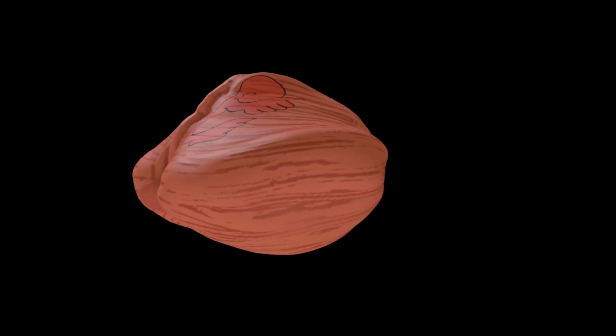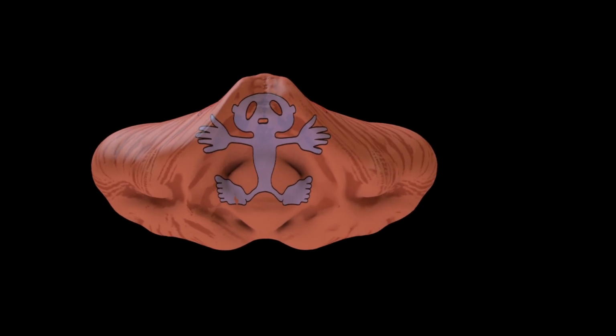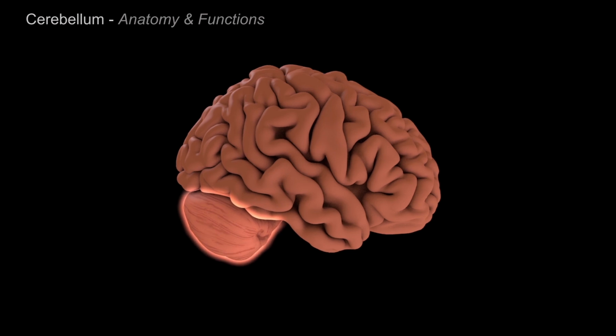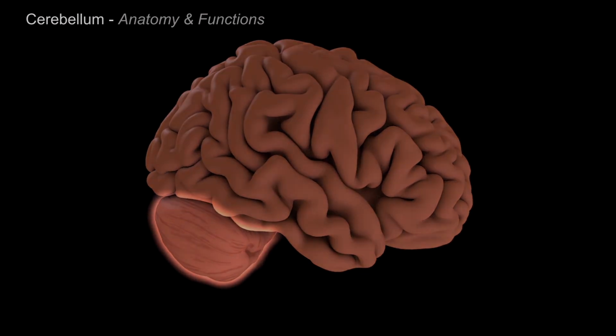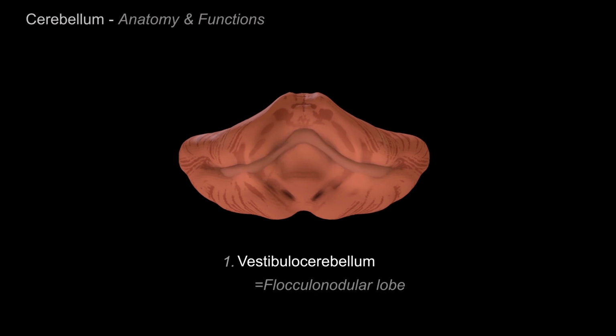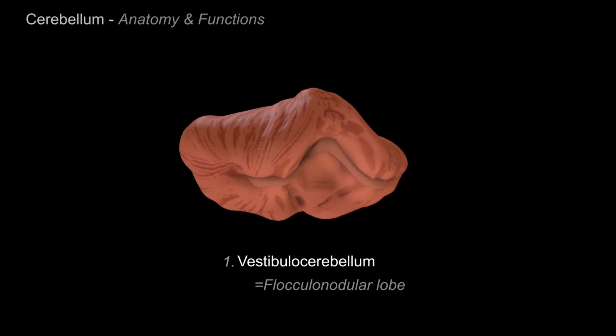Just like the brain, the cerebellum has a somatotopic representation of the body. It is traditionally thought of as a motor coordination structure, although recent studies show involvement in cognition as well. That is beyond the scope of this lecture. From a functional anatomy standpoint, the cerebellum can be divided into 3 areas. The vestibulocerebellum, also known as the flocculonodular lobe, controls the axial muscles involved in balance and coordination of eye, body,